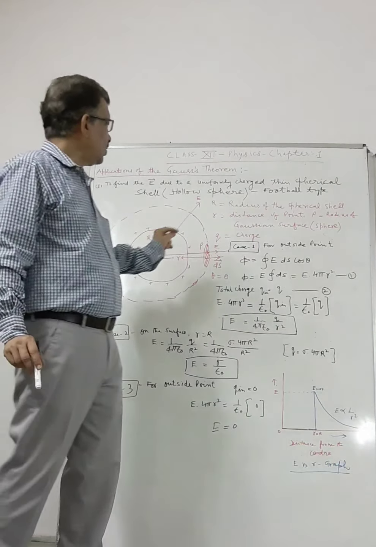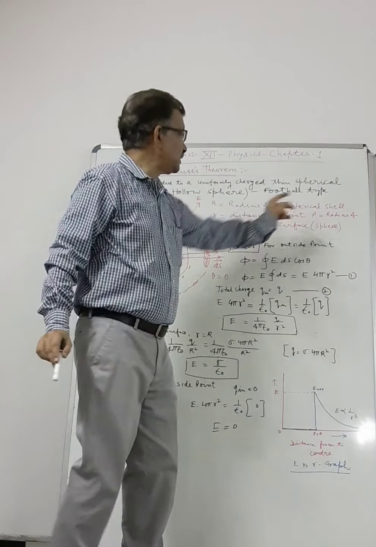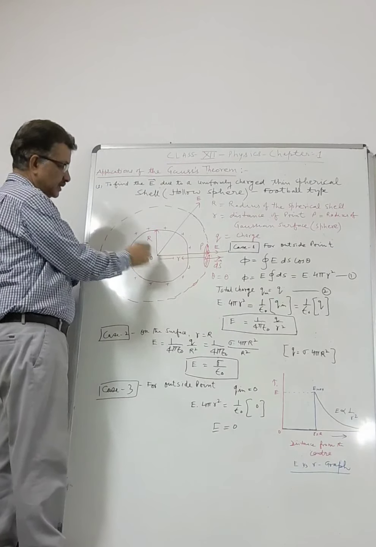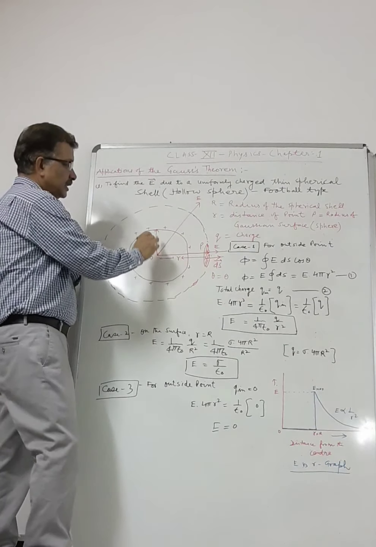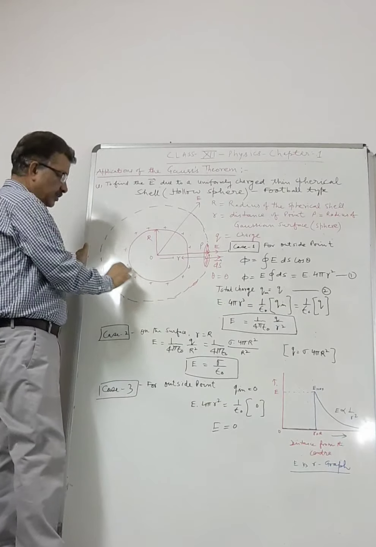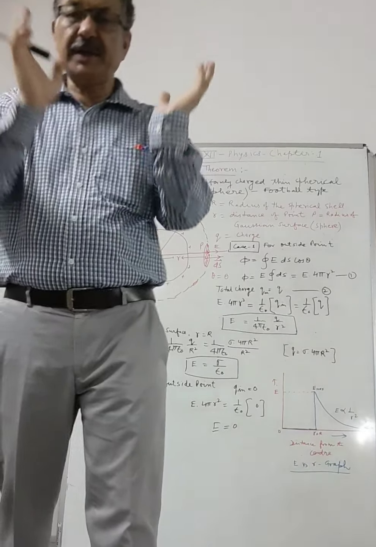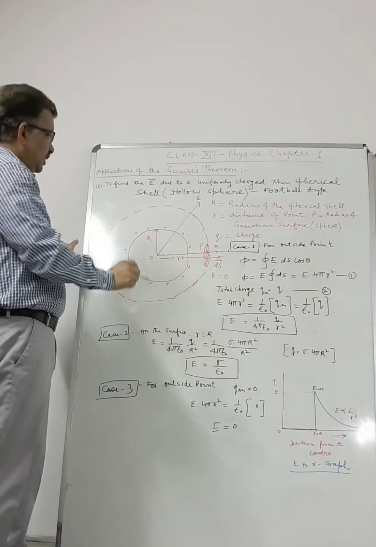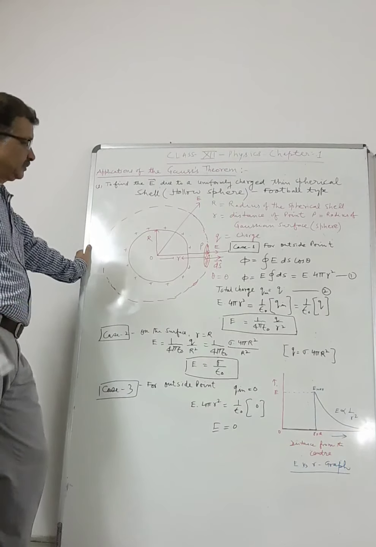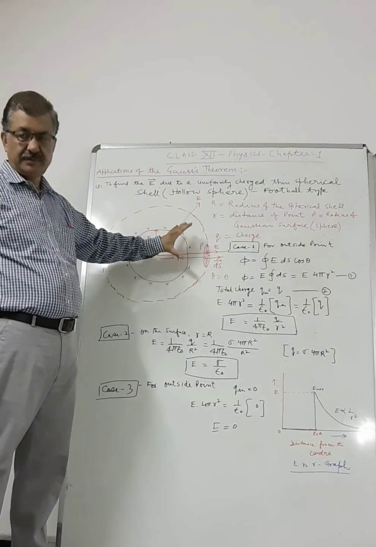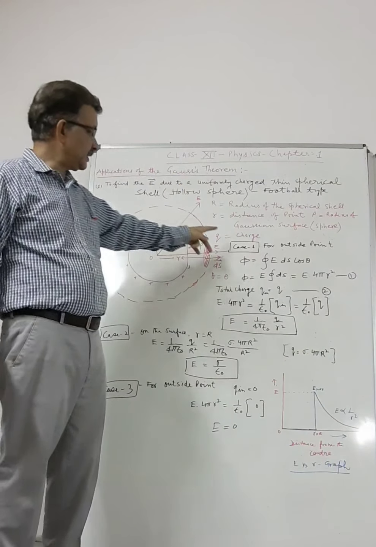Okay. Now here suppose I take R, that is the radius of the spherical shell. Here is the spherical shell, O is the center of this spherical shell, and R is the radius of this spherical shell, where charge Q is uniformly distributed along the periphery or along the circumference. Now we have to find out the electric field intensity due to this charge distribution at different points. So three cases are there.